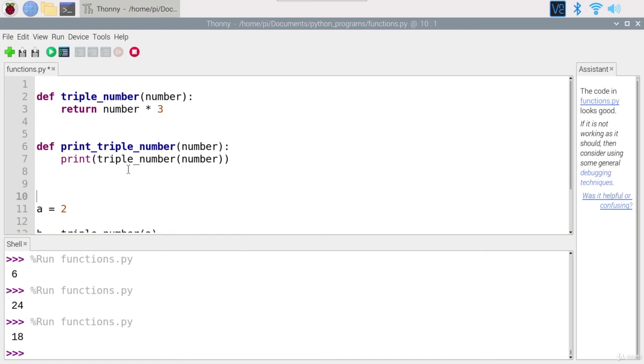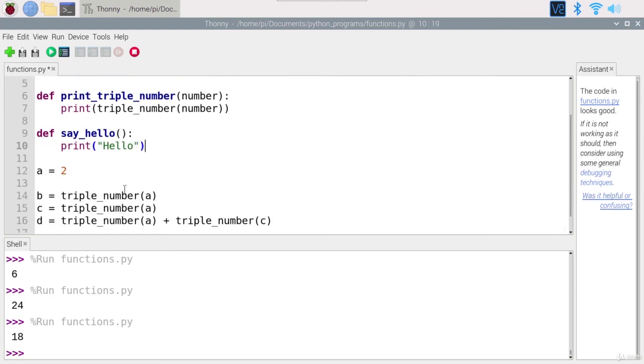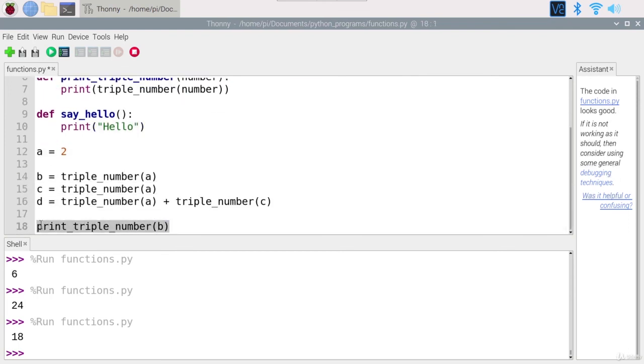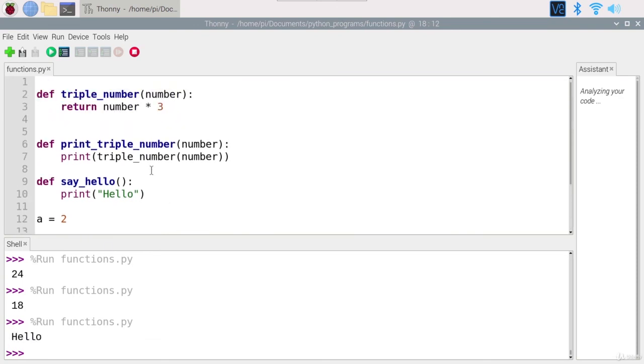Another example is, let's say, do def say hello, and here I'm not giving any parameter, and in that function I simply print hello. Now I can simply call say hello, and I will see that we have hello printed on the shell. So to recap, a function is a reusable block of code that you can call from any part of